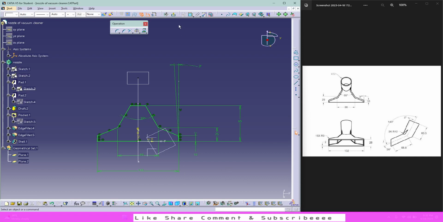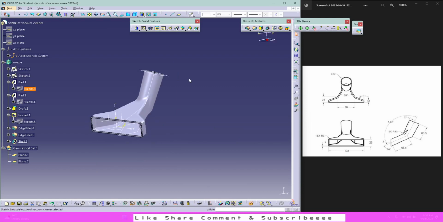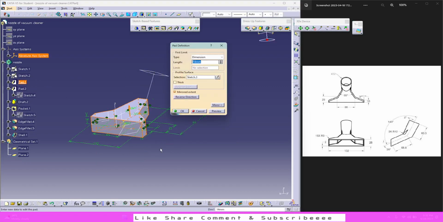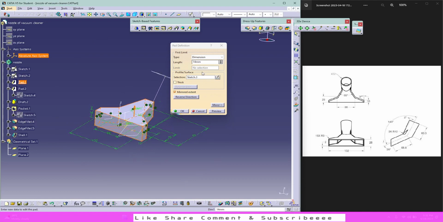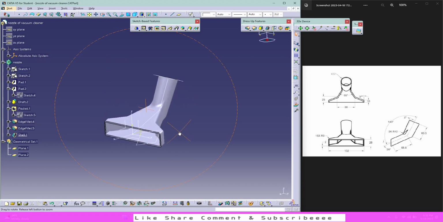and that's it. So after that we'll exit the sketch, and I just extended it to a depth of, so here it is given 28, but on our plane, as you can see, I have given it a mirrored extent, so 28 divided by 2 will become 14. Alright, so after that